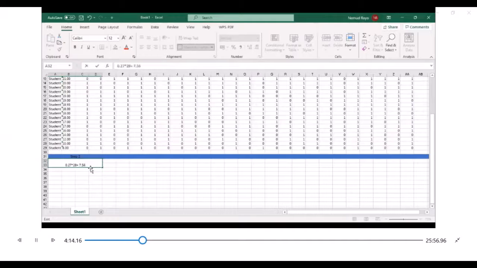And then we will just round it off from 7.56 to 8.0. So we're gonna get the 8